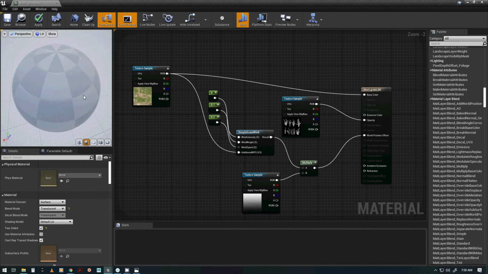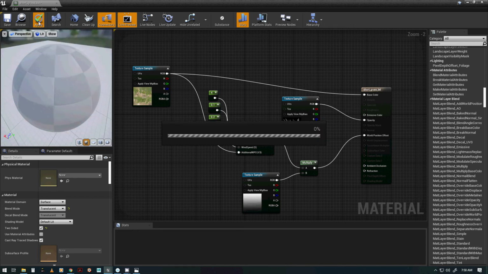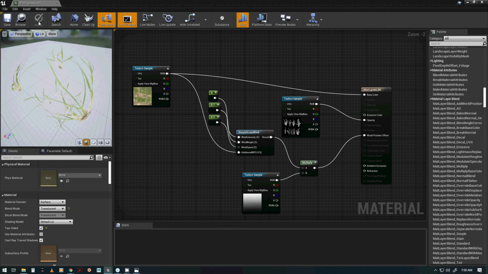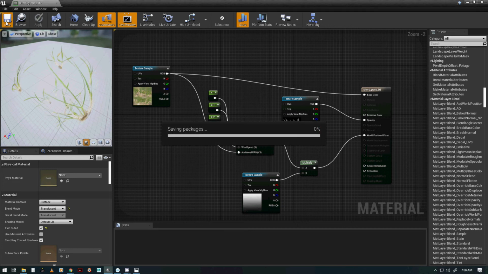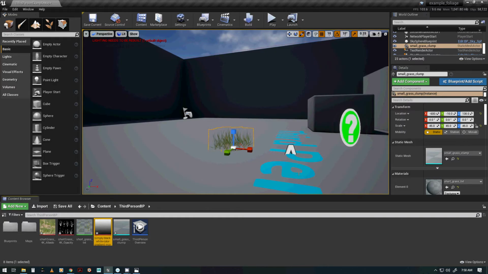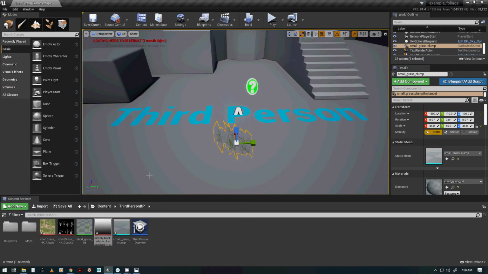Let's just click apply and see if that works. There we are. Hey, check it out. We got some grass animating. All right. So let's save it. All right, and close that. And there's our animated grass. Huzzah! All right, so with that animated grass, what we're going to do is a pretty cool thing in the